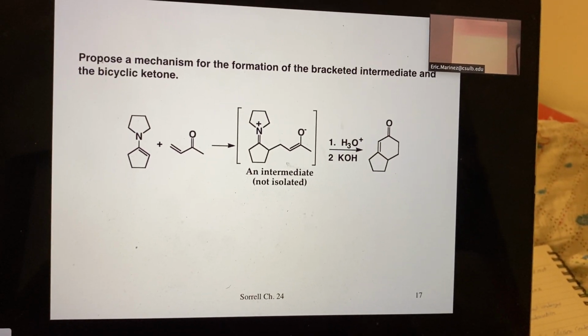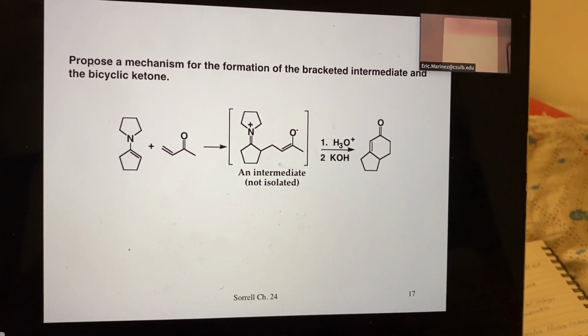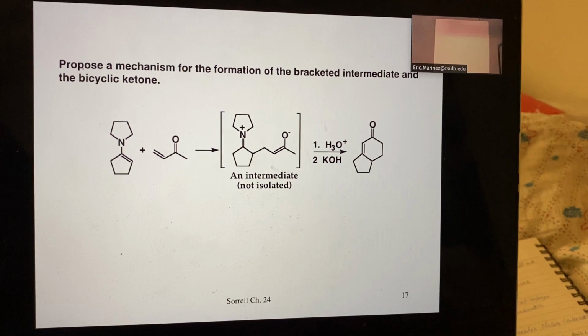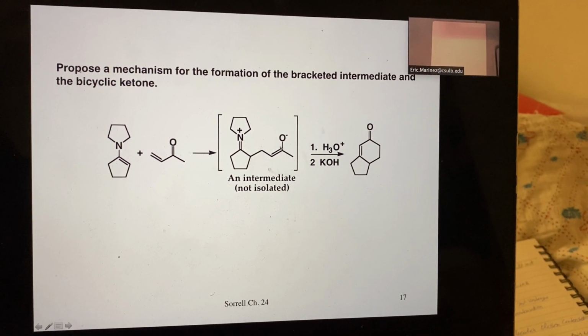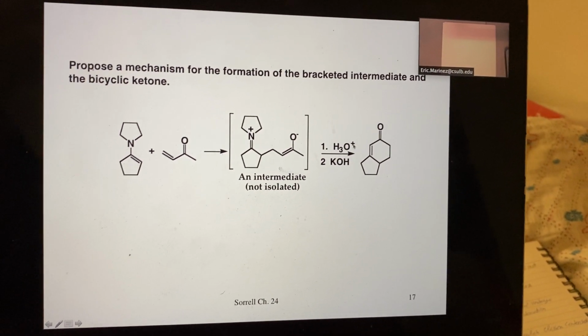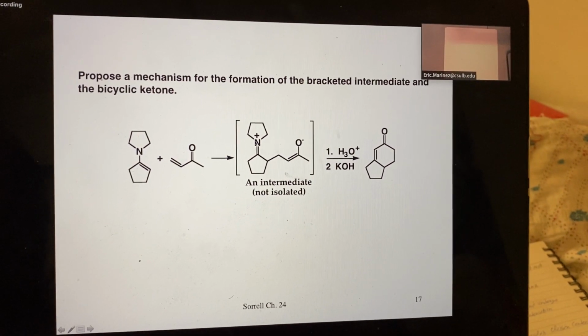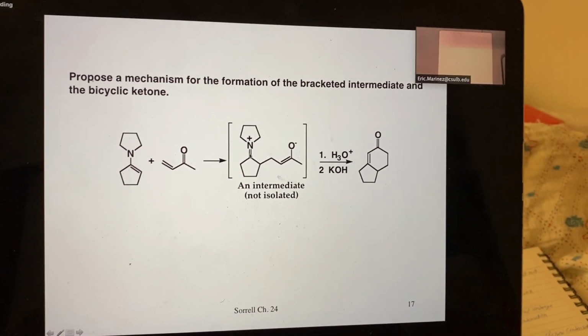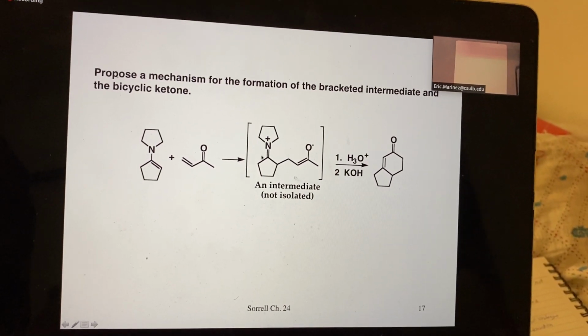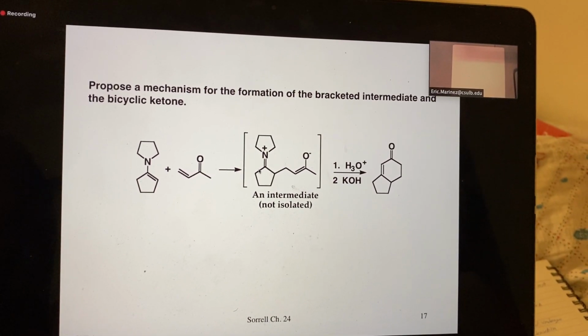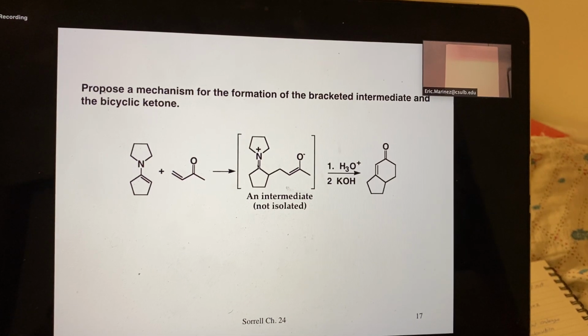The acid, this part here, the 1 and H3O plus, obviously that's going to protonate the enolate to make the ketone. And then since you have excess acid here and water, this is eventually going to hydrolyze the iminium to the ketone. Okay, so what I'm getting at is in the end, you should have a 5-member ring with a carbonyl,